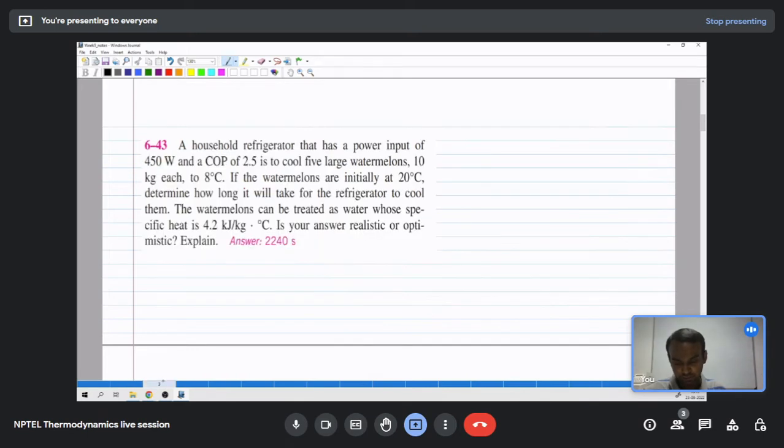Moving on to the next problem. We have a household refrigerator that has a power input of 450 watts and a COP of 2.5, and that is to cool 5 large watermelons, 10 kg each, to 8 degrees Celsius. The watermelons are initially at 20 degrees Celsius. Determine how long it will take for the refrigerator to cool them. The watermelon can be treated as water whose specific heat is 4.2 kilojoule per kg degree Celsius. And is your answer realistic or optimistic? Explain. So representing the